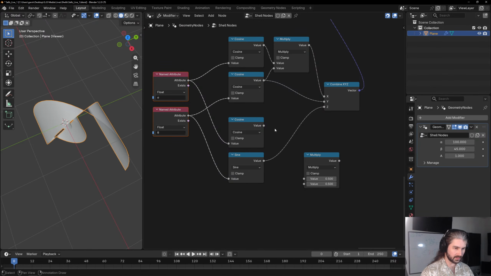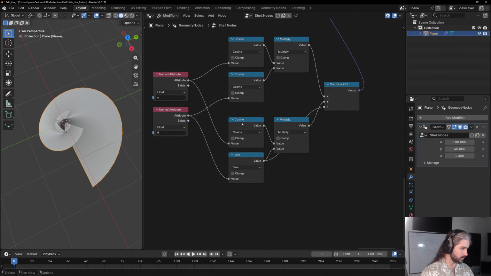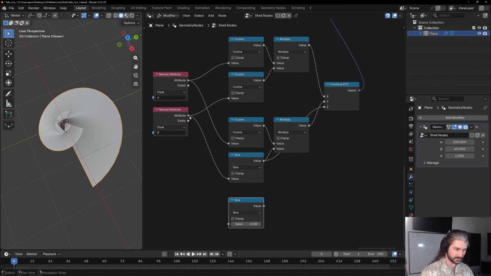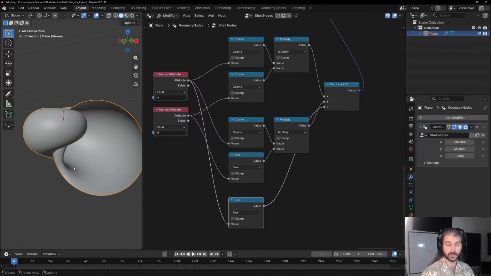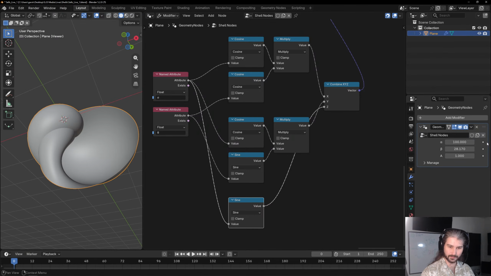Cosine and sine for y, multiply into y. There we go. And now z, ever the outlier in this system, is simply going to be the sine of sigma. There we go. Now we have a circle that's properly oriented in order to spin around with our spiral,